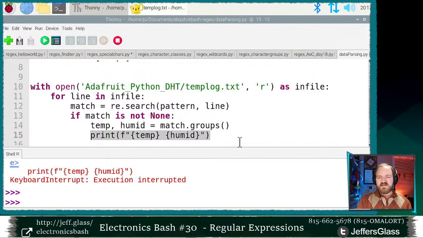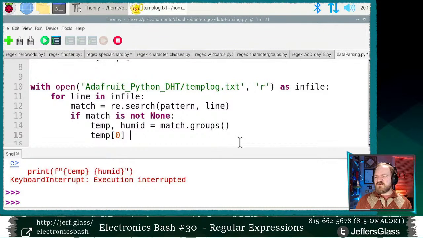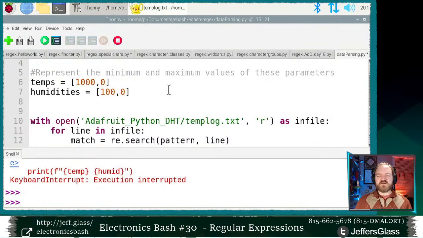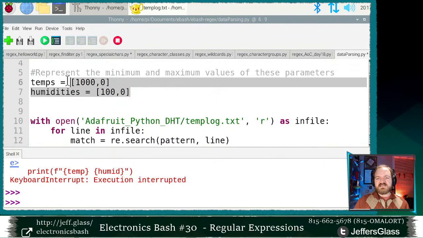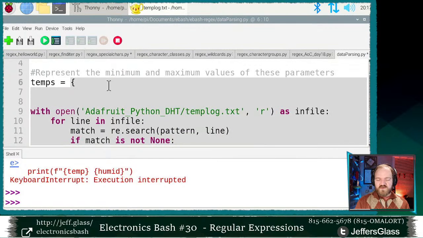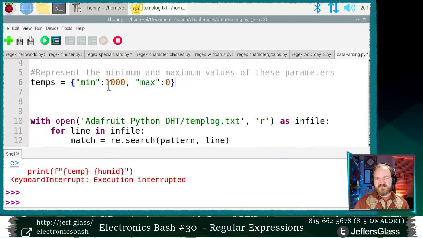I will say temperature 0, so our minimum temperature. And actually, maybe there's a way to clean this up. Sorry for jumping around here, but like I say, we're writing this live. Storing this as a tuple here, as a list of 2 items, is not maybe the clearest thing. Maybe what I'd like to do instead is have a dictionary indexed by some strings, right? So I will give it some names here just to make it a little bit clearer what's going